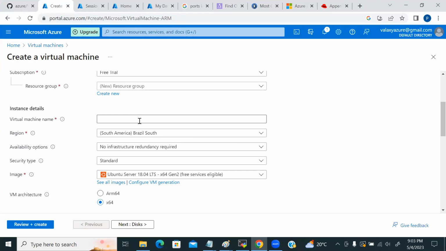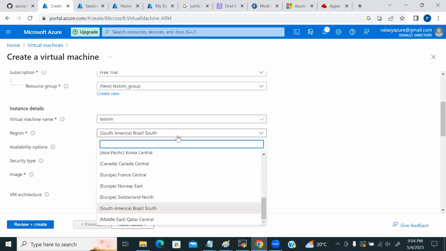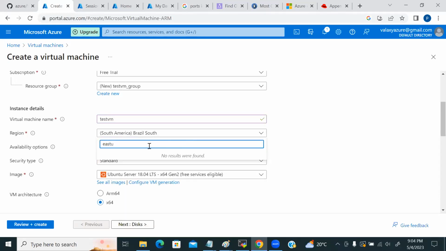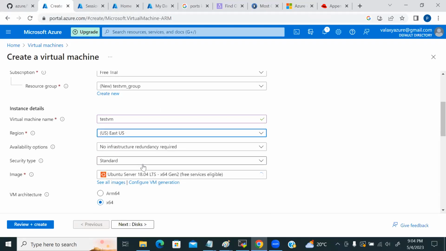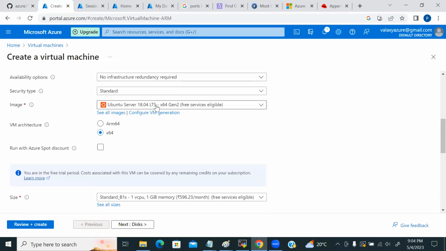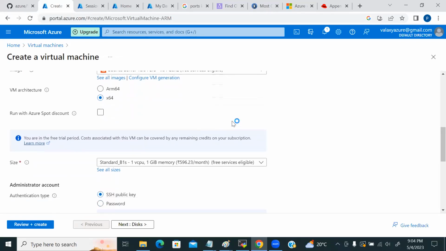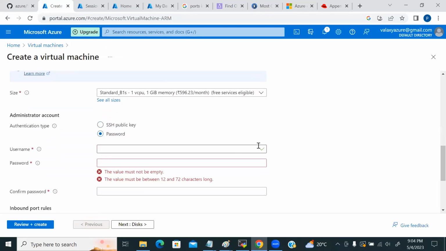If you already created a vnet first, then launch this VM in the same vnet. So test VM, East US, sorry, here I need to select East US, and Ubuntu image, and here I will give the password